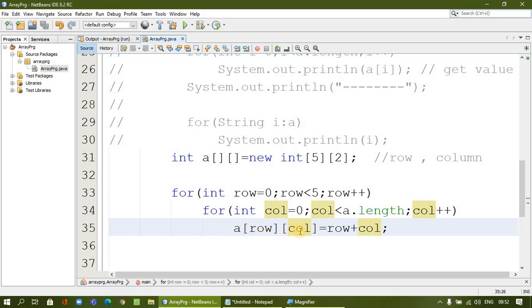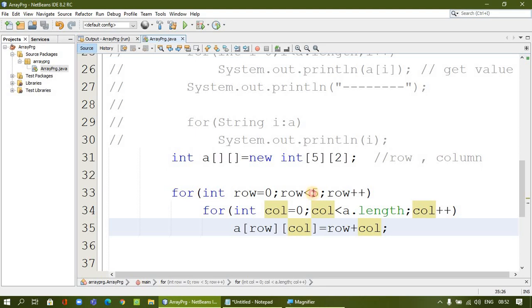So row is 1, column is 0. So 1 plus 0 is 1, 1 is assigned to the row 1, column 0 value. Okay, so now column is incremented, and then column 1 less than 2, condition true. So row 1, column 1 is 1 plus 1, 2. 2 is assigned. So in the same way, it is going to accomplish the job.